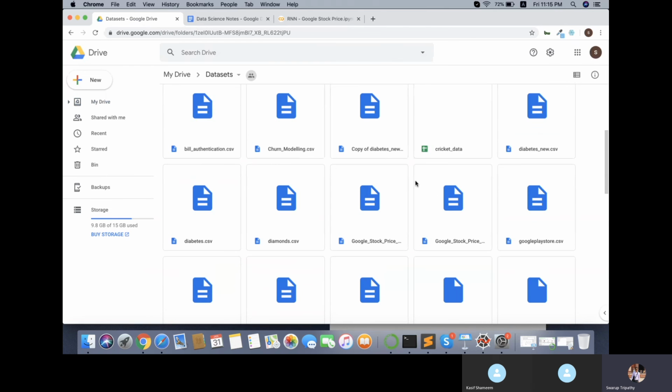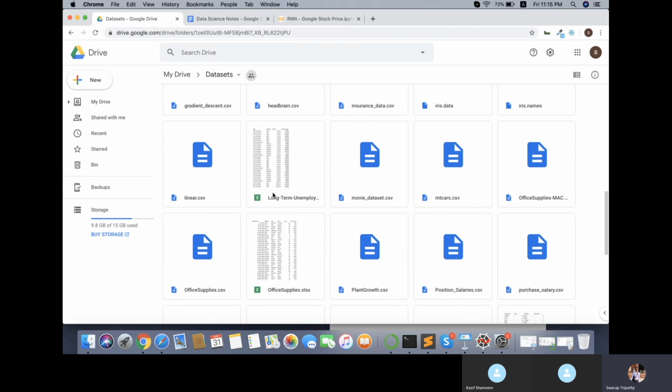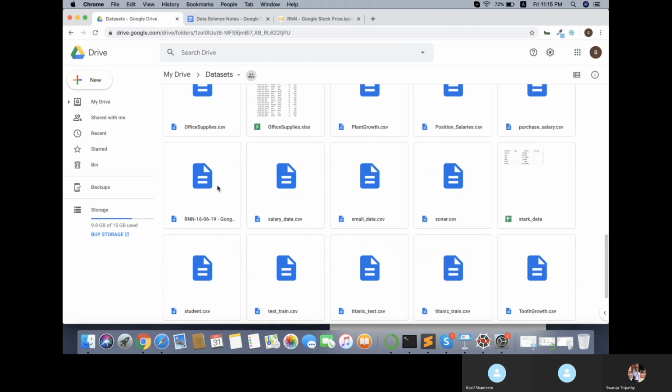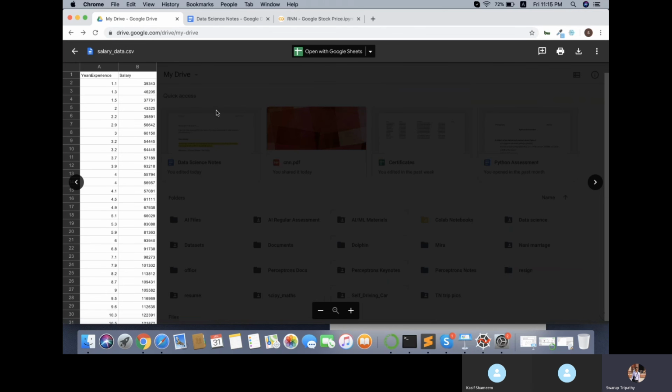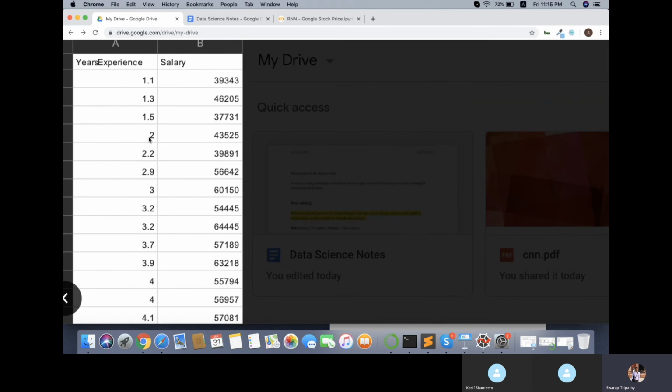It's a very small data set, very easy to do. So this is the data set called salary_data.csv. It tells you, based on the experience of an individual, how much salary they are getting. You have to do this study to figure out the relationship between years of experience and salary. So just do this task and do the prediction on years of experience and salary. If I give a new years of experience, it should be able to predict what the salary is for that.